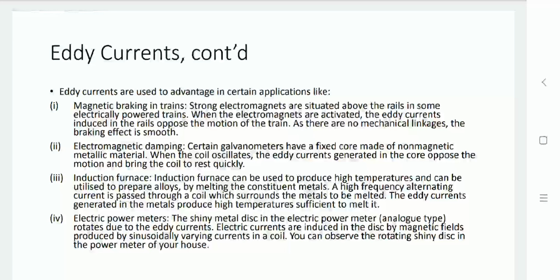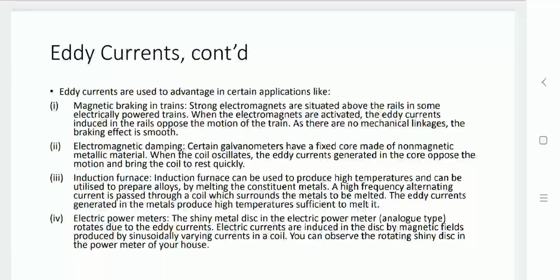Why? Because electromagnets are available above the rail in electrically powered trains. When the electromagnets are activated, eddy currents start to generate, which oppose the motion of the train. As the magnetic plate swings, eddy currents are generated, which can hold the swing of the plate. Likewise, if